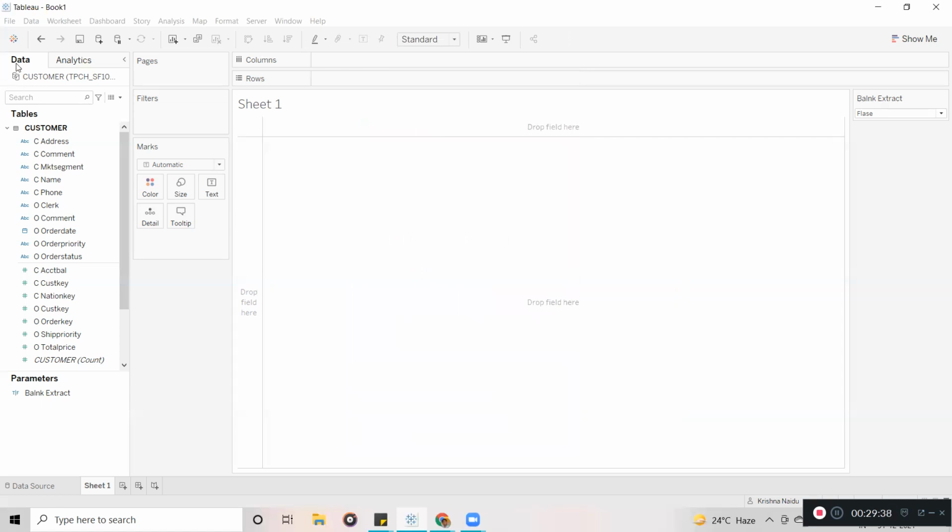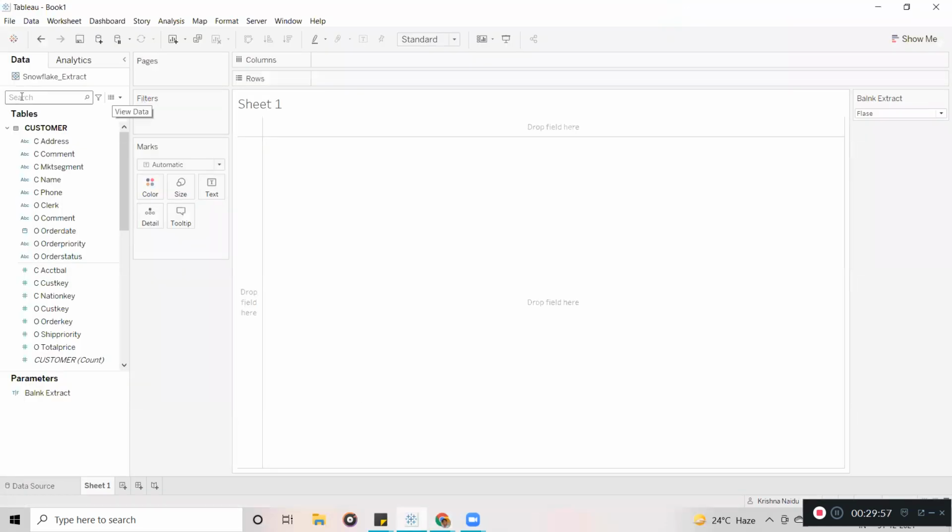Let's observe the screen here. This logo is going to change to the Tableau logo. Once you see the Tableau logo here, you can say that it is a published data source that is available on the server. Now the data source has been successfully published to the server. In the Tableau report, you can see the data source has changed to the Tableau logo. Whenever you see the Tableau logo before the data source name, it means this is a published data source, which is already available on the server.